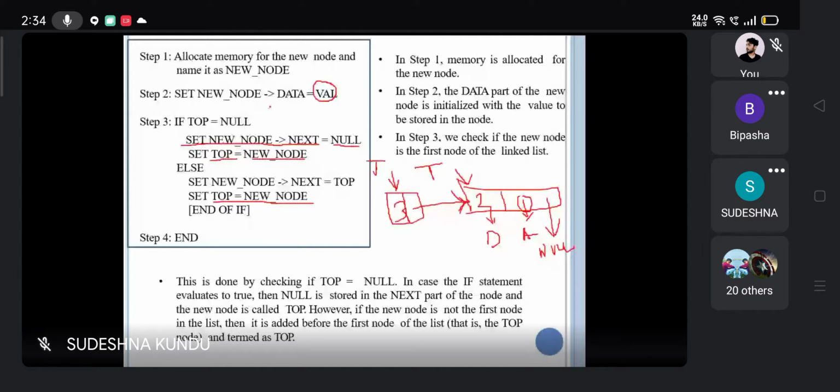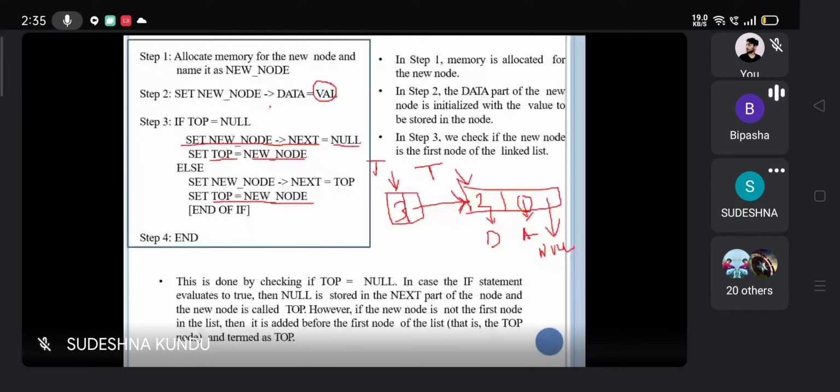When you are going to create the next element, just think that you are going to place one element above another element. That means it must be linked to the top only, because you are going to place the element over the top.